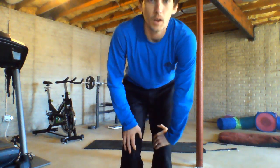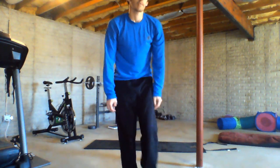Now we are done with our weights for this round, so you can set those back down on the floor. And the last two exercises we're going to do are 10 squats and then 20 Frankensteins. For our squats, remember feet shoulder width apart. You're going to bend at the knees, keep your back nice and straight. 10 squats. 1,